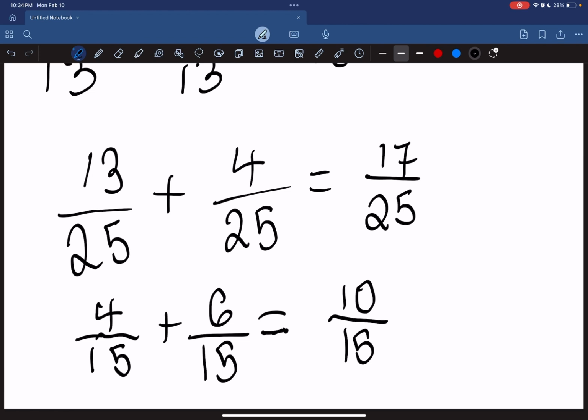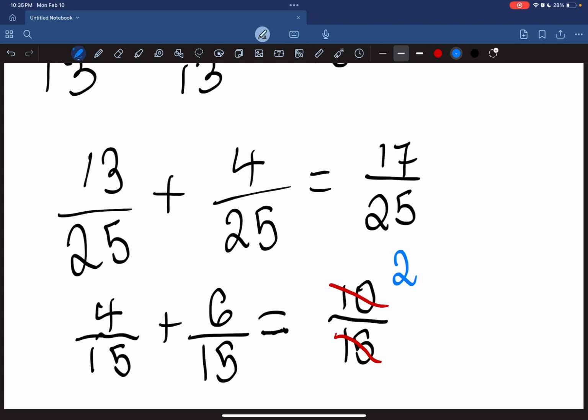Looking at that, what can go into 10 and 15, the largest number we can think of, is 5. So if we say 5 into 10 goes 2 times,